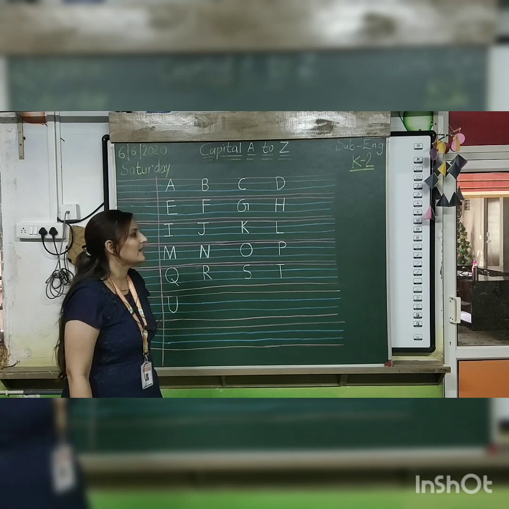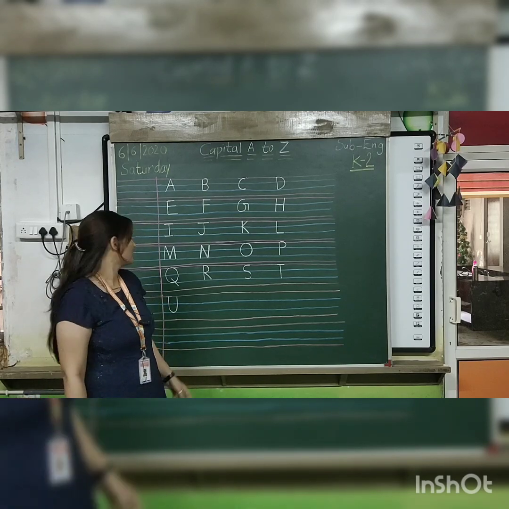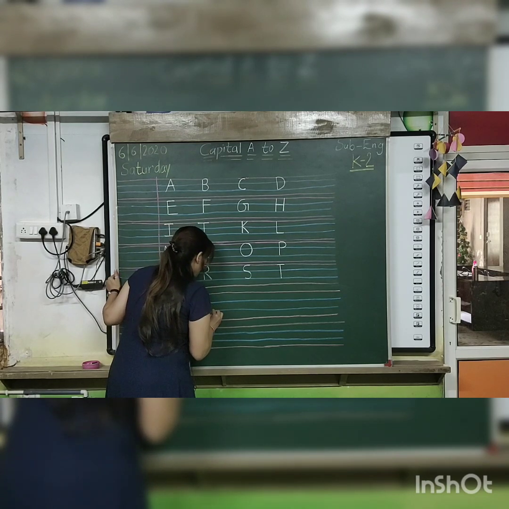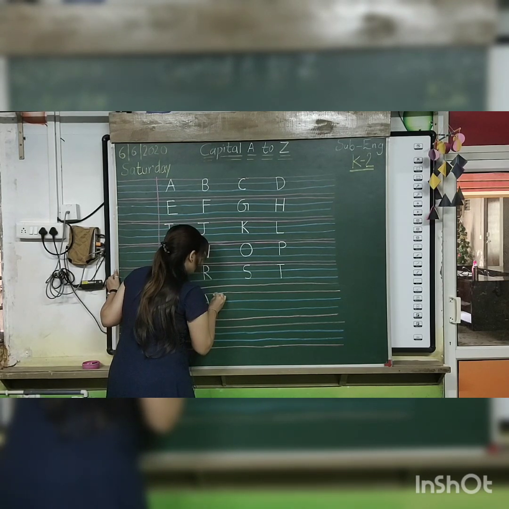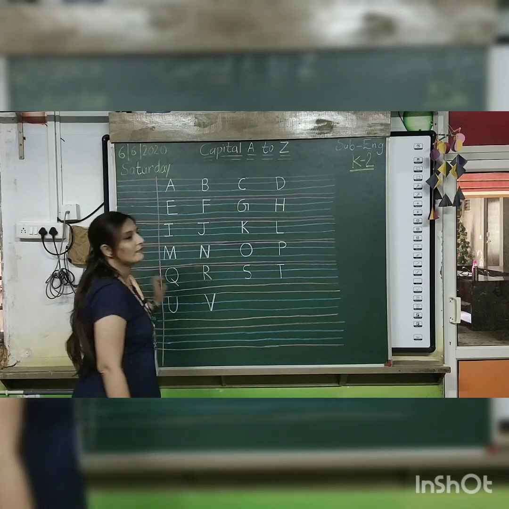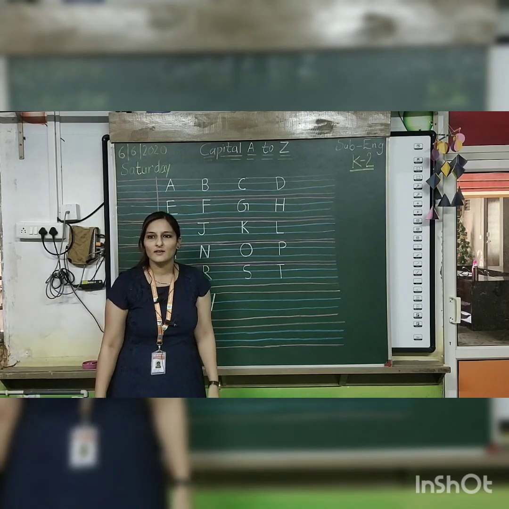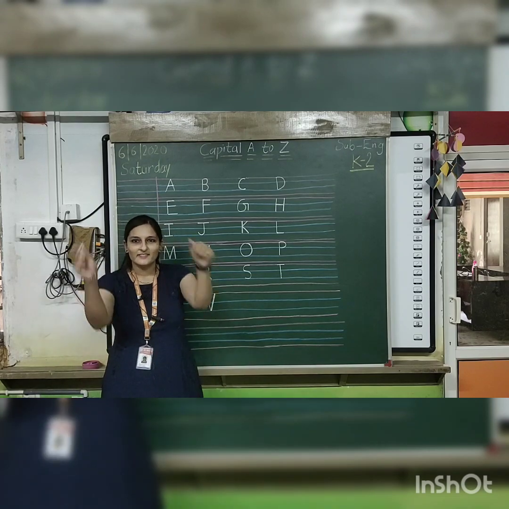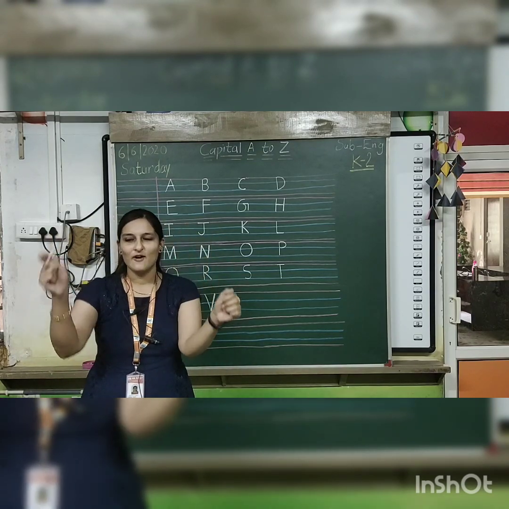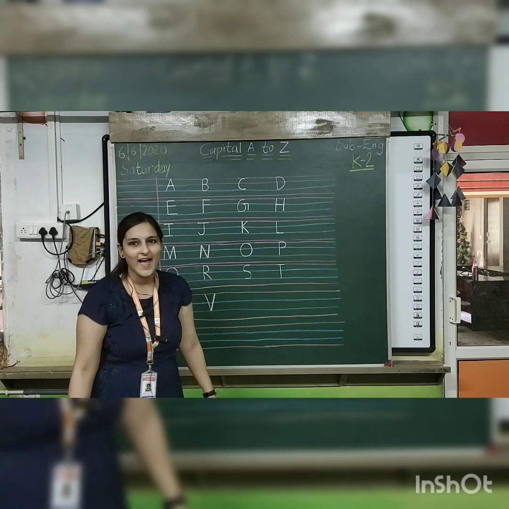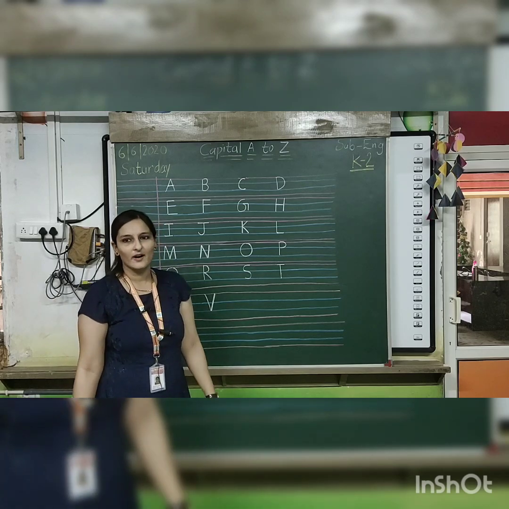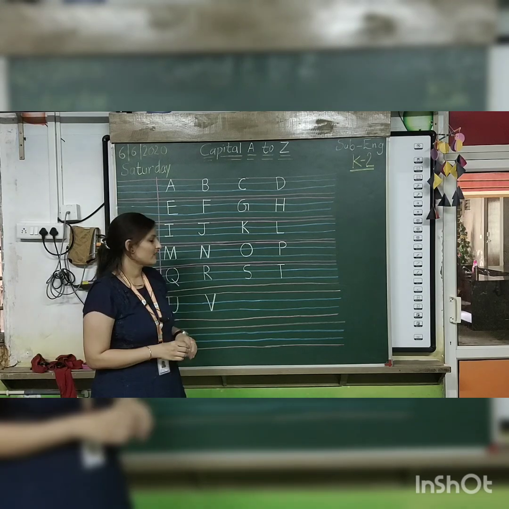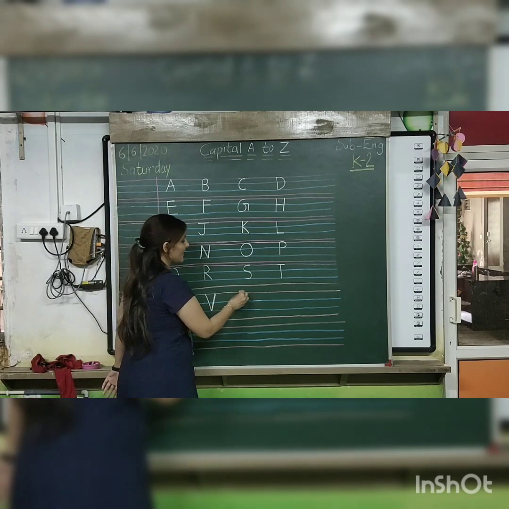U for umbrella. Next, leave 2 finger space, slanting, again slanting to red line. Okay. V for anybody? V for what is this? V for van. Next, leave 2 finger space, start writing with me.